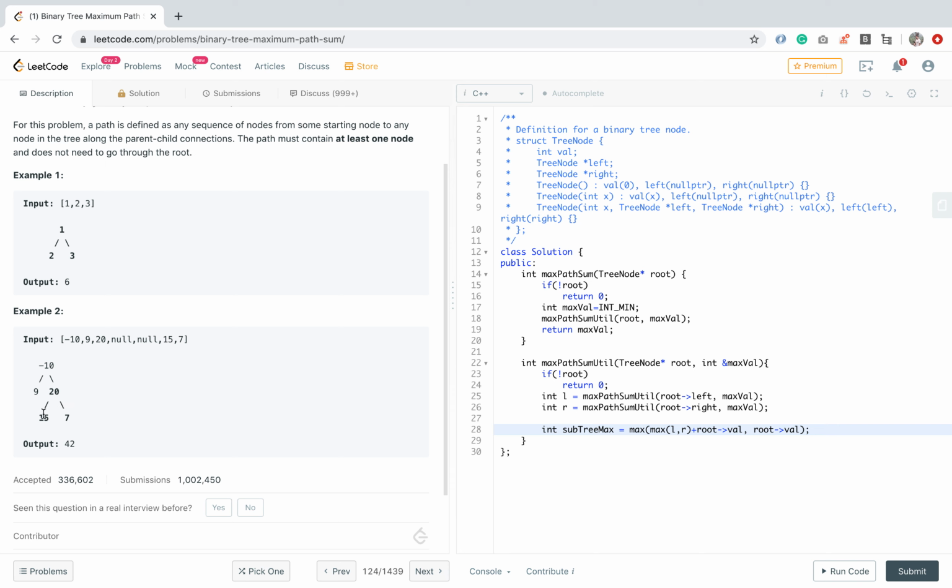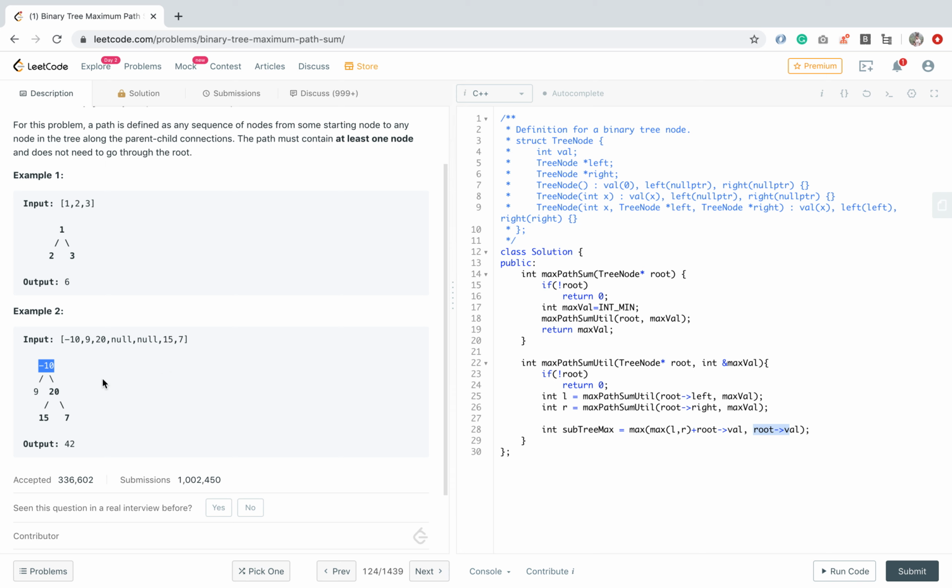So going to this side or this side, what condition we have to check: whether the left part is maximum or the right part is maximum. And if suppose left is maximum, then we also have to consider the root value. But suppose L and R both are negative values, then we can only consider the root value. So to pass to the upper root, we have to use this thing.